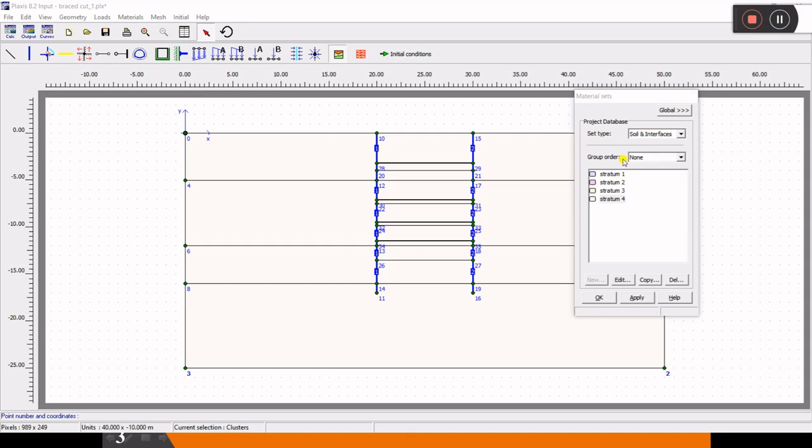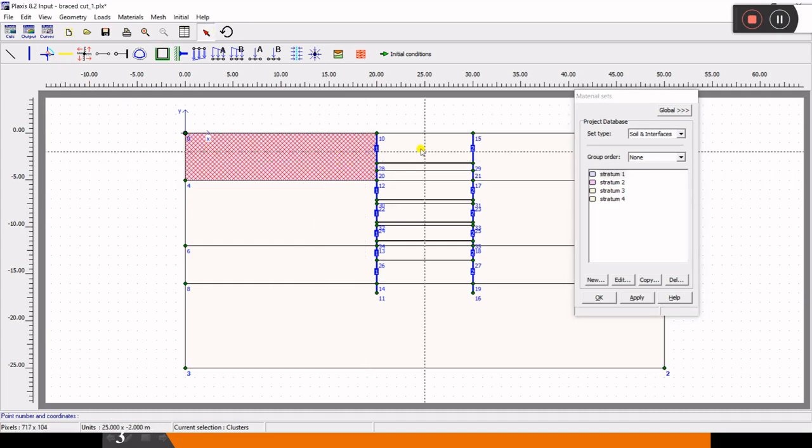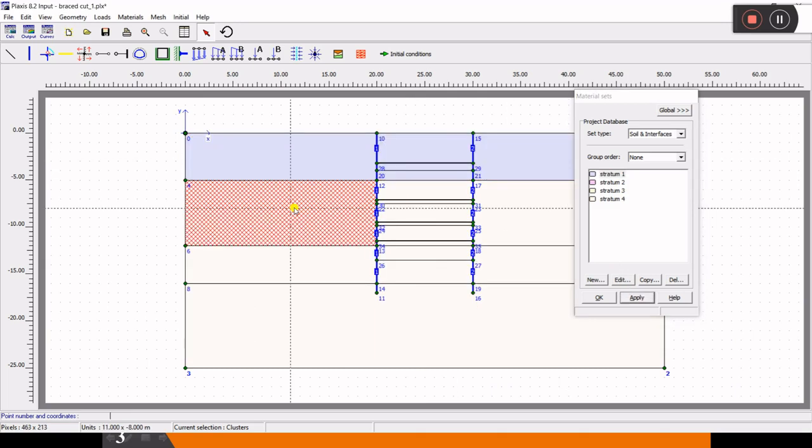Now what next do we have to create? First let me assign these stratums. This is stratum 1, so you can take it from here and assign it, and you can also assign like this. You go here and click on this one, then press shift, and the second one, this area, I'll assign stratum 1. You select stratum 1 and apply.